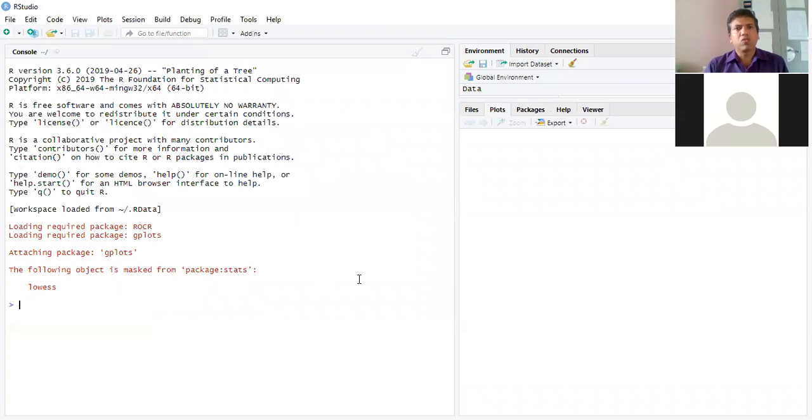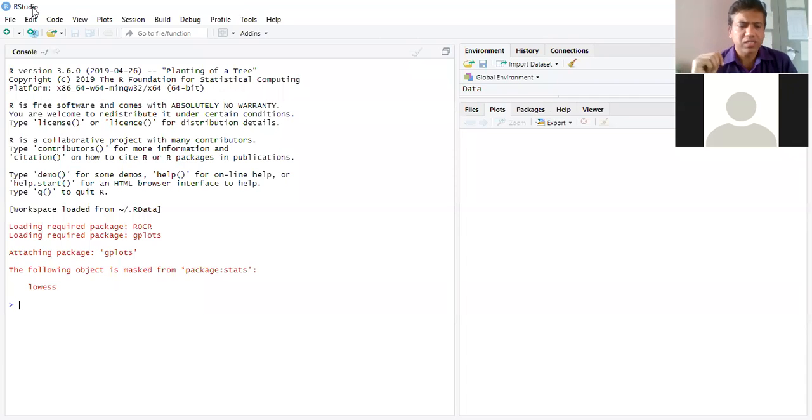Okay. So once you open the R, this particular software is the R Studio. The computers which were bought before 2009 or 2008, in those computers the R Studio does not work. Only the R will work.